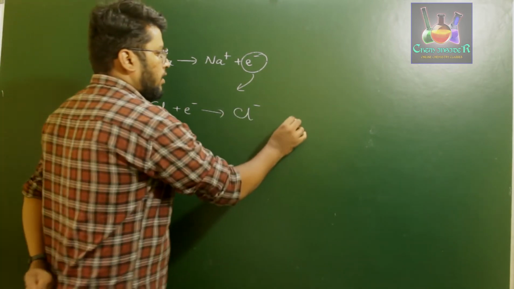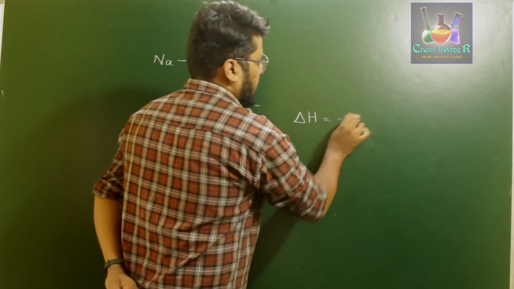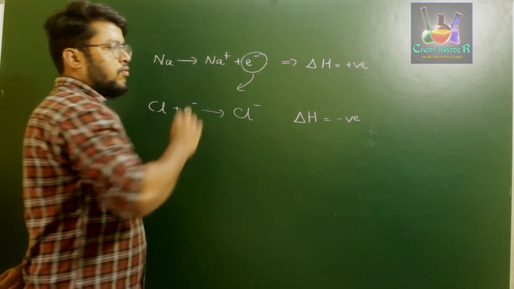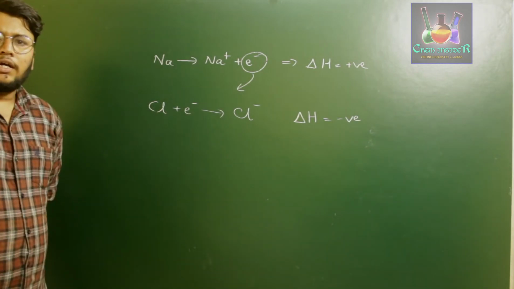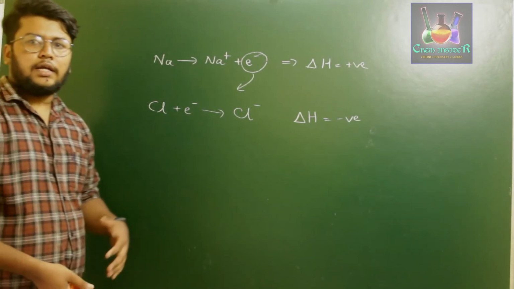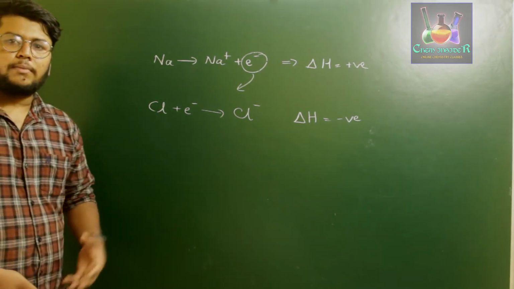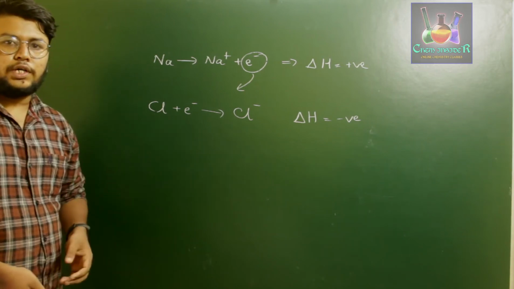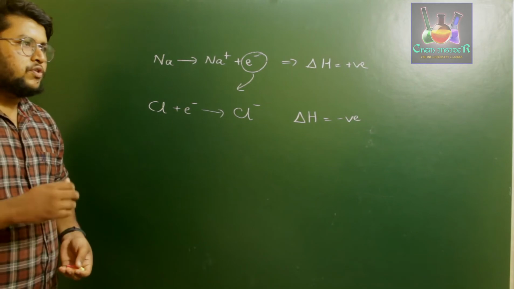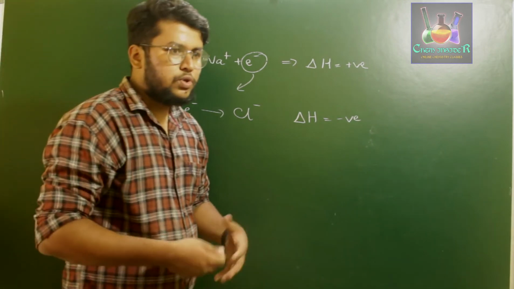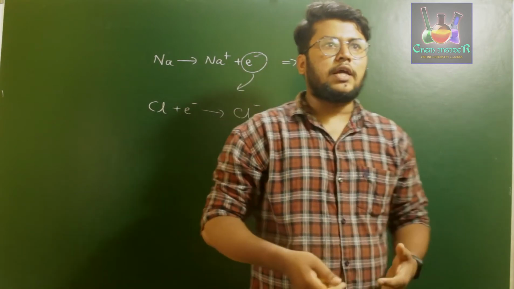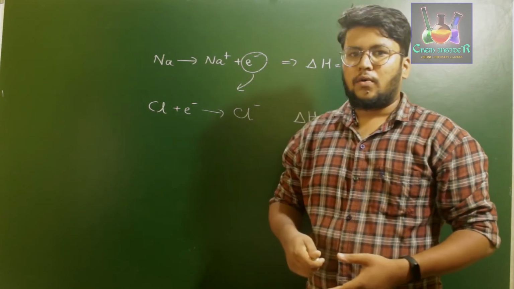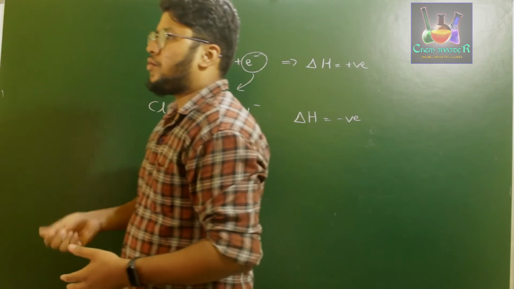So here we have an enthalpy change which is negative. In the earlier case the enthalpy change was positive, so if one is positive, in this case it will be negative. That is because when you add an electron to an isolated gaseous atom, that atom has to lose a certain amount of energy in order to hold that electron in its outermost orbit. Therefore most elements lose a certain amount of energy. If certain atoms are not stable on taking that electron, they will have a positive value of enthalpy change.